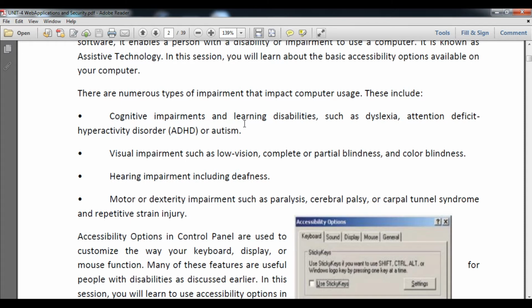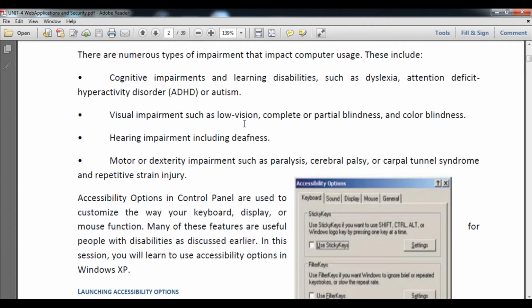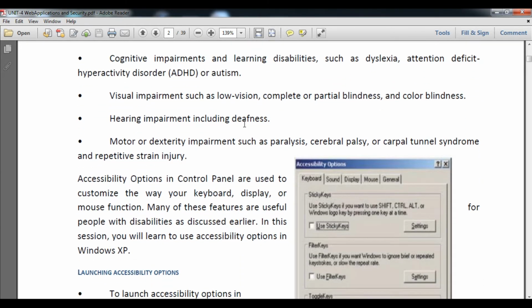Under this we have the option in accessibility option to reduce that. Visual impairment such as low vision, complete blindness, partial blindness we can say, and color blindness.